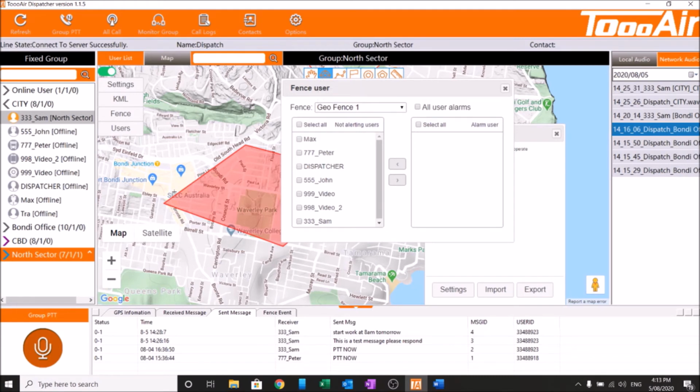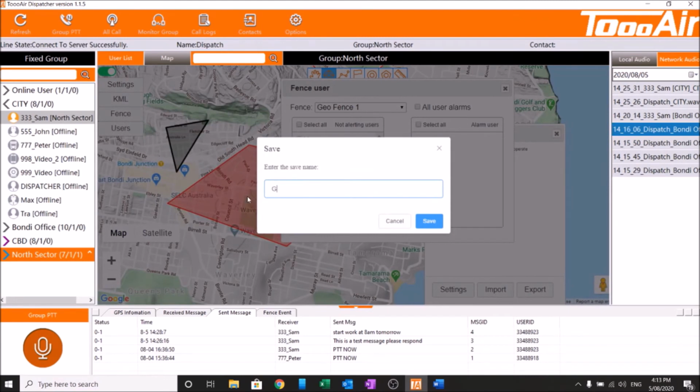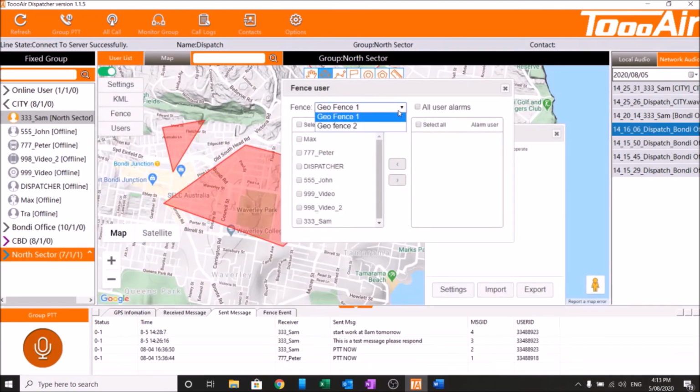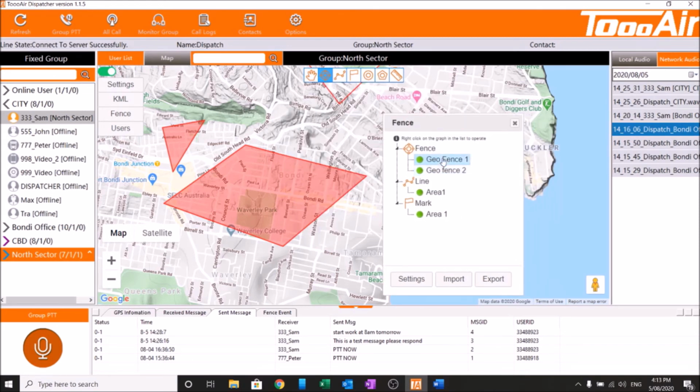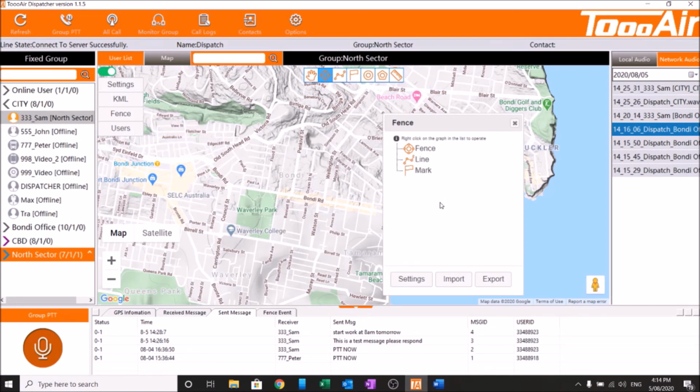So if I go ahead and create another fence, I will now need to customize the users for GeoFence 2 as well. And we can then map center to our fences from here as well, or delete the fences from here as well from our fence